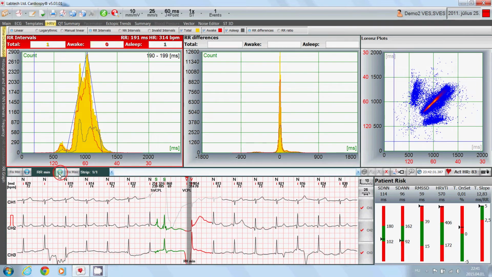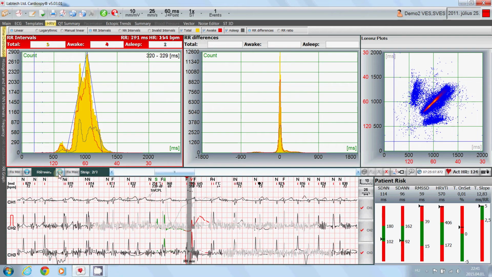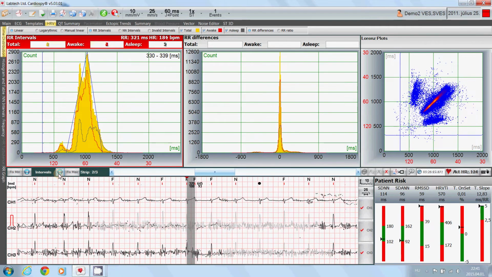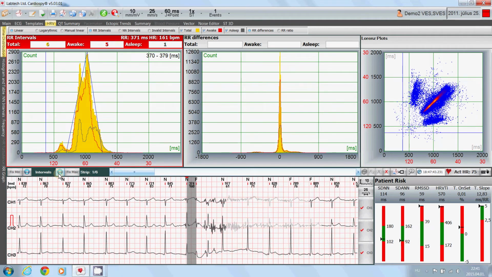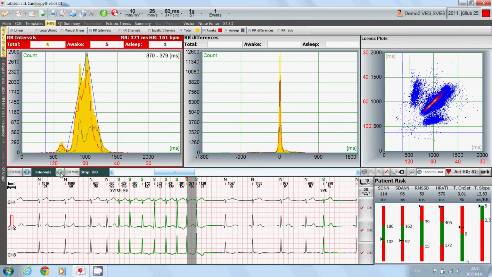Then click here and move to the right until you find the first valid RR interval. In this case, it seems to be here, so that you could then click on Fix Min and drop all